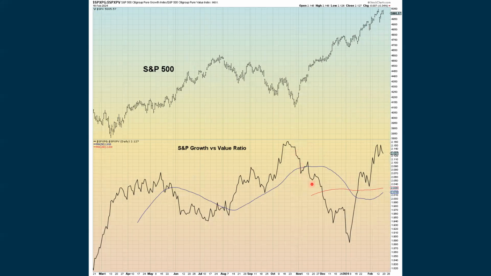And this had really been underperforming as we were going up out of the October lows. That was producing a negative divergence. And you notice as this was happening, we started to chop sideways. We came back a little bit. We weren't really breaking out to the upside. Then when we saw this ratio start to go back up, that's when we saw the S&P turn and really start to get some real power as it was moving higher. Now, it has pulled back over the last couple of days,